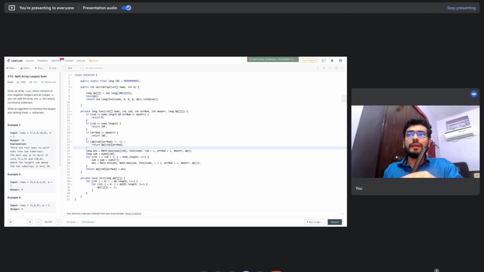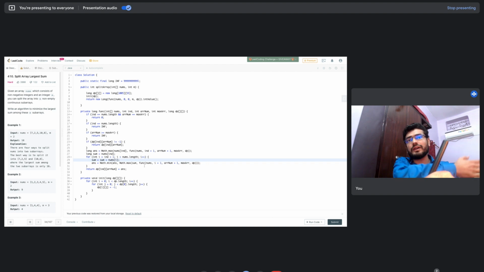Now comes our main part of the problem. What we are trying to do over here is basically divide it into subproblems. That is, we iterate across from index plus 1 till the entire length of the array, and we try to put the splits at each of those points. And after putting up the splits, we again do our reduce operation, that is min of all the maxes, with that subarray plus whatever subarrays we are going to get with the further function calls that we are doing over here.